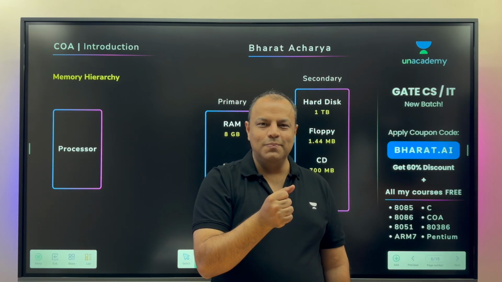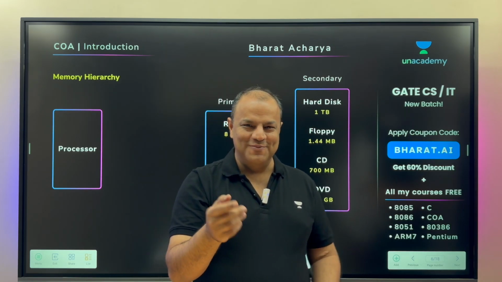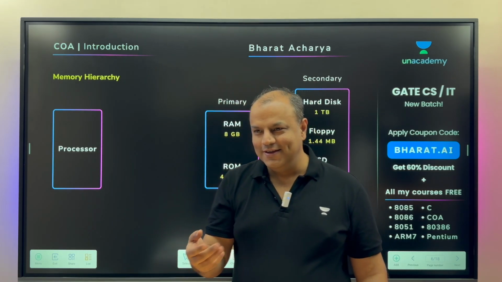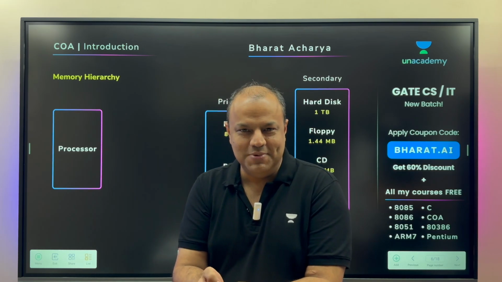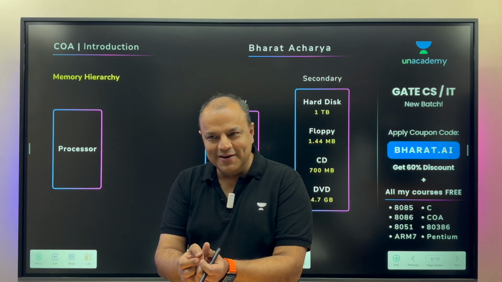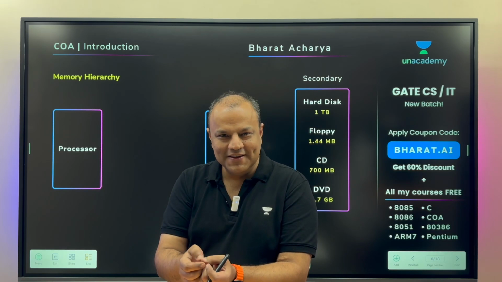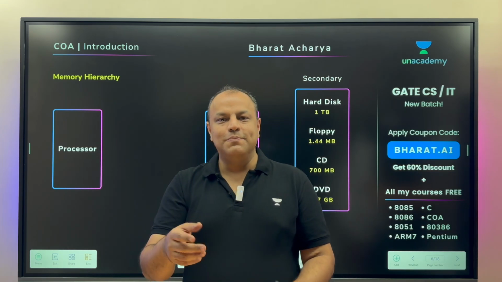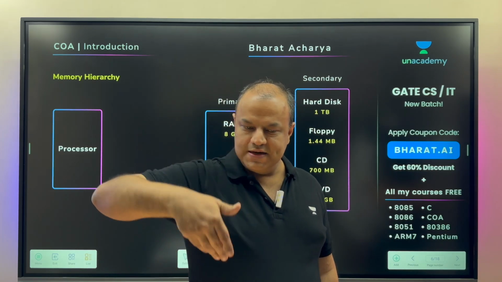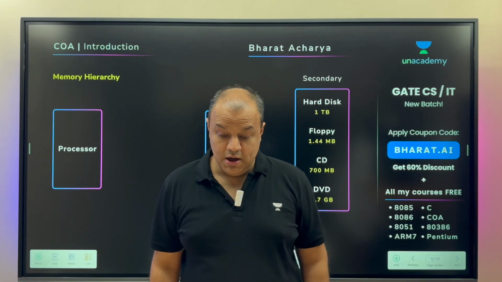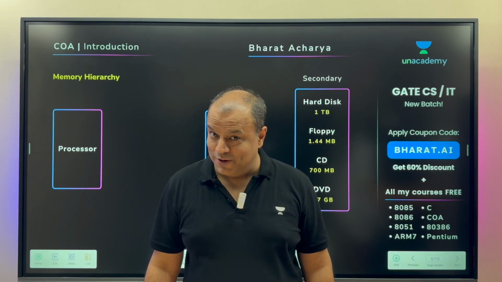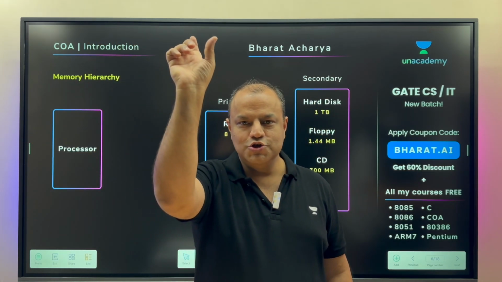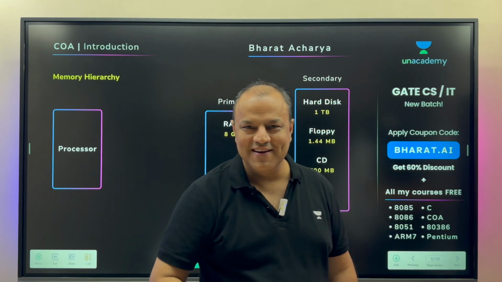Then came EPROM, erasable programmable ROM, the ROM that was there in video games. If you weren't a kid of the 80s, we were. So yeah, I was born in 77, but childhood in the 80s. So Donkey Kong, Mario, Tetris, those were games that we used to play, and the memory inside was EPROM. So EPROM is erasable programmable ROM, which means it comes blank. You write it, you read it, you want to change it. Hear this, it's ROM, but you want to change it, no problem. Expose it to UV light, which basically means sunlight. Open the memory, show it to sunlight, the memory is erased. Now you can write it again.